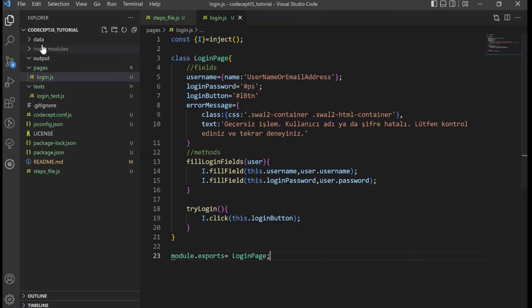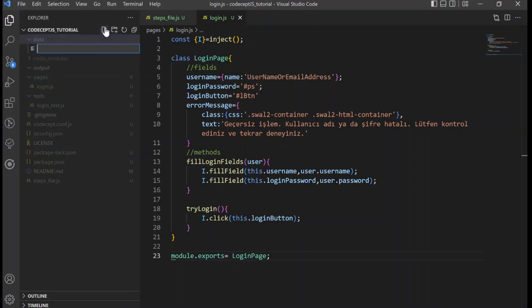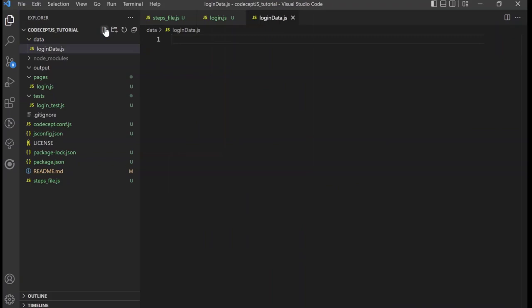And now we're going to add some test data for our test suites. Under data folder, I'm gonna add login data.js, and here we're gonna describe some objects.